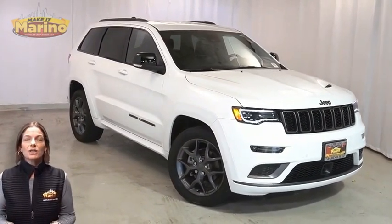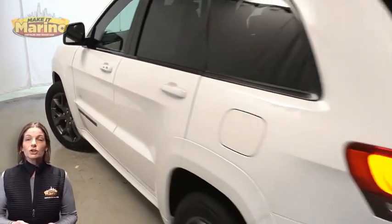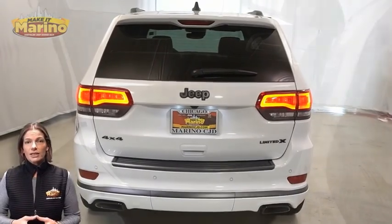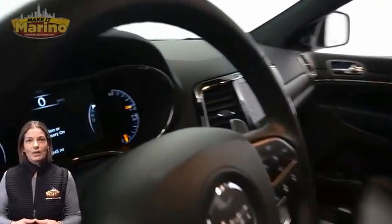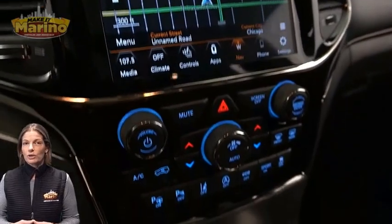With bi-xenon HID headlamps, premium LED fog lamps, 20-inch aluminum wheels, power heated mirrors, blind spot and cross-path detection, dark daylight opening moldings, dark lens tail lamps, heated front seats, heated steering wheel, only 4,000 miles on the odometer, 8.4-inch